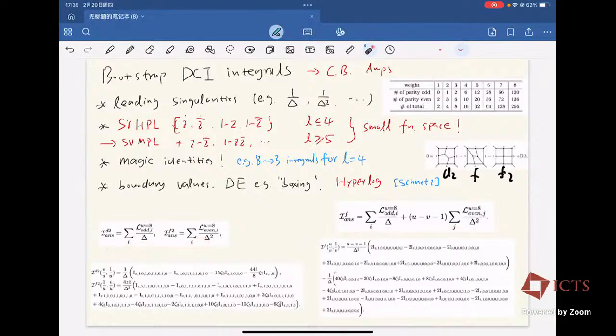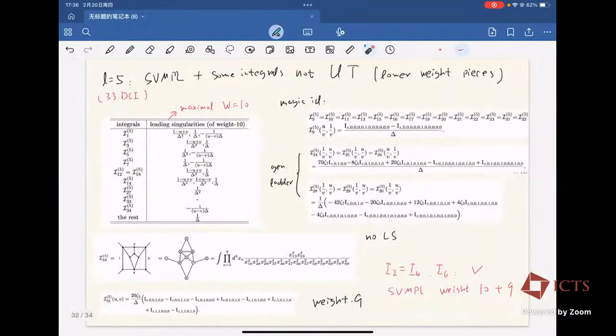Okay, so you may wonder, since they combine into amplitudes already known in the Coulomb branch amplitude, why do you bother to compute them individually? Because once you know the individual integrals, they may give you other quantities you want. So if you expand other quantities into these integrals, now you can use this result. And we also did some 5 loop